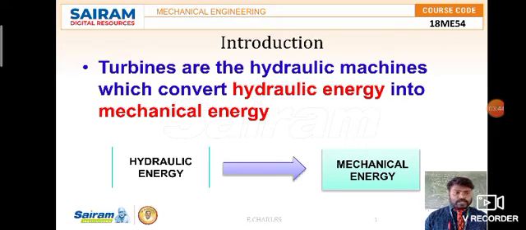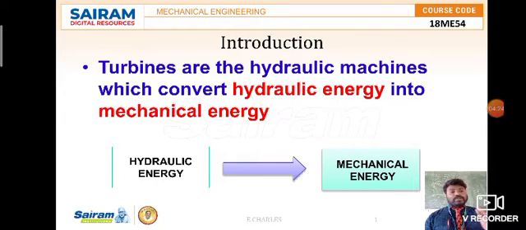What is there on top of the shaft? There is a rotor, and the rotor has impellers. Why do we call them impellers? Because there are a series of blades, or buckets, or vanes, arranged one after another. When water comes and hits the turbine blades, the impeller rotates, then it rotates the rotor, and in turn it rotates the shaft of the turbine. That way we can say that the principle of this hydraulic machine is the conversion of hydraulic energy into mechanical energy.